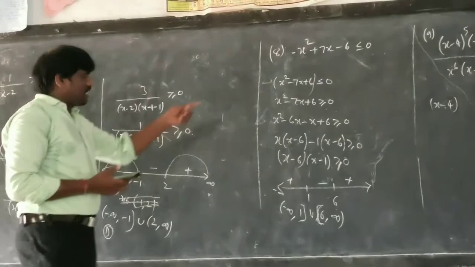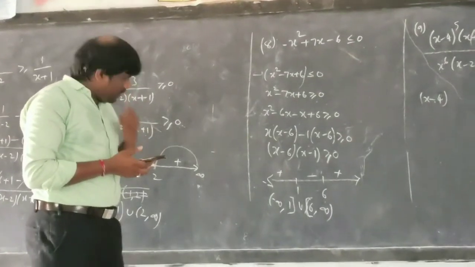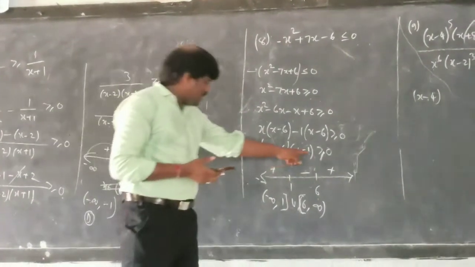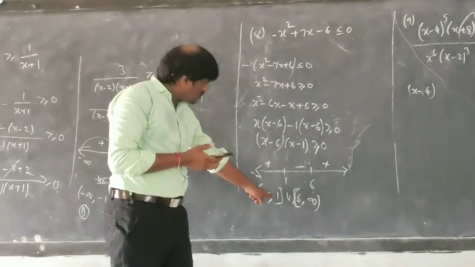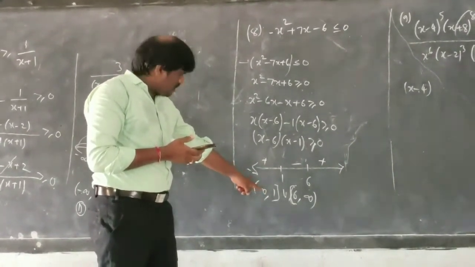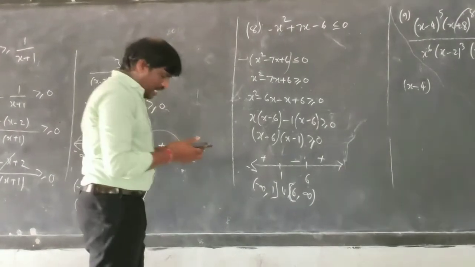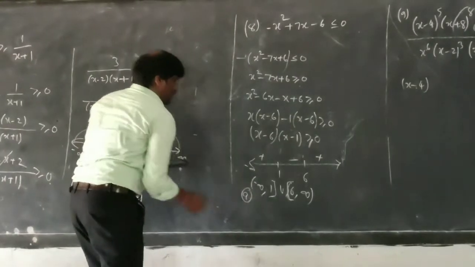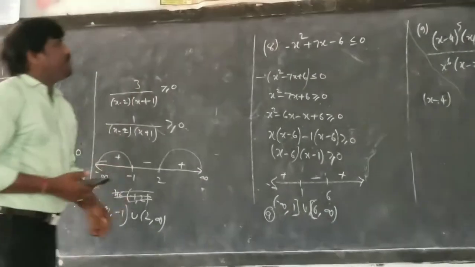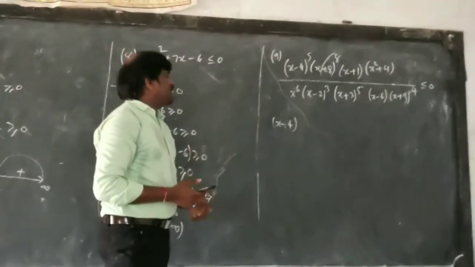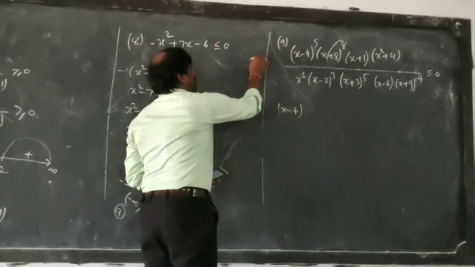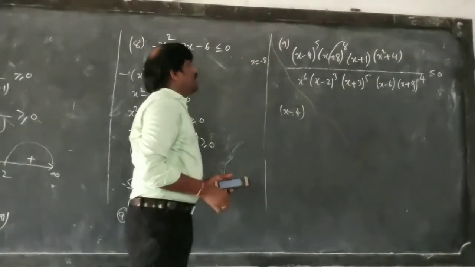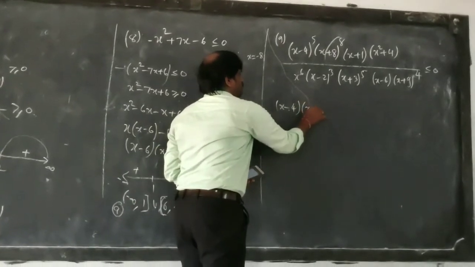Okay, let us go for the 8th question. What answer did you get here? You have the greater than or equal to symbol. Minus infinity to 1 closed union 6 to infinity. This is the A option, A option is right. Okay, let us see the next question. Odd power you have to make a single power, even power remove it. Remove it and just mark what is the zero of this: minus 8. And you have x plus 1.